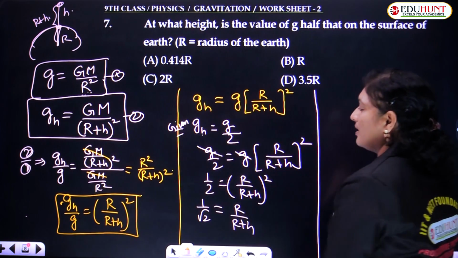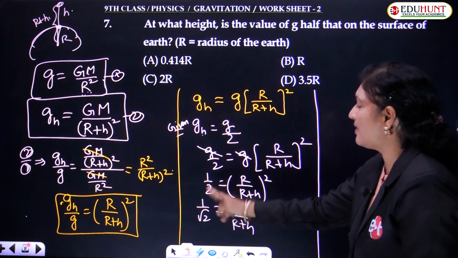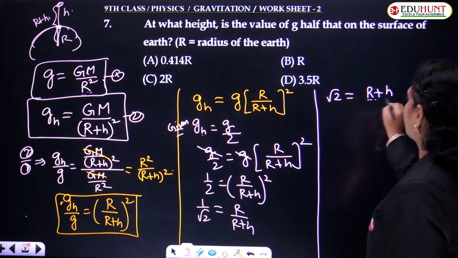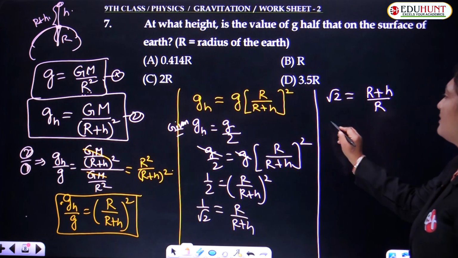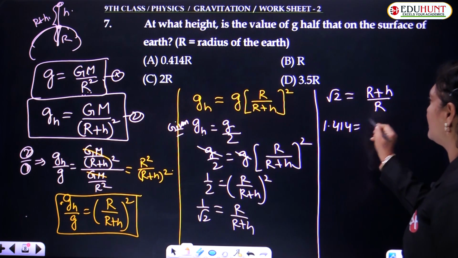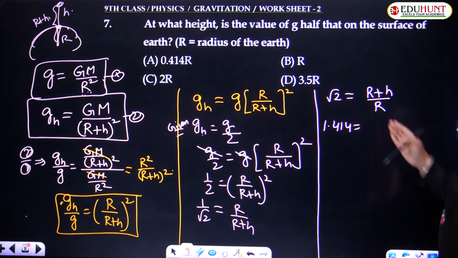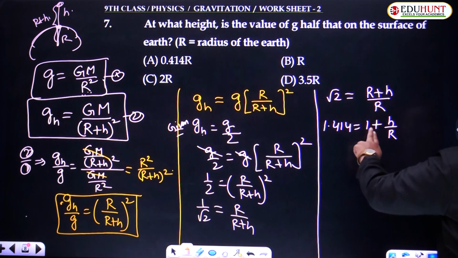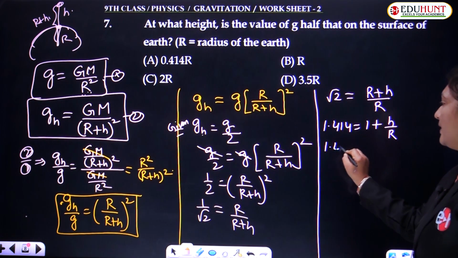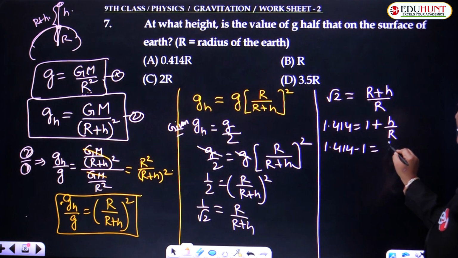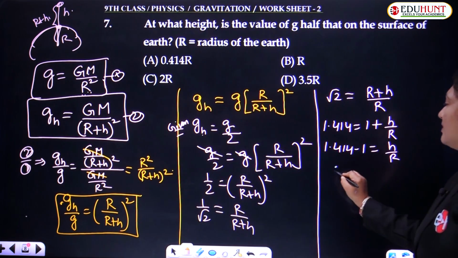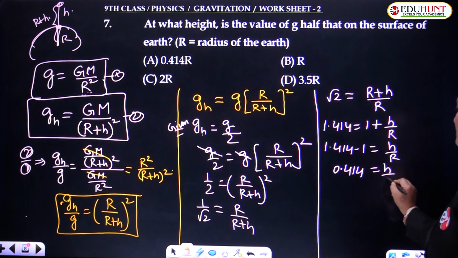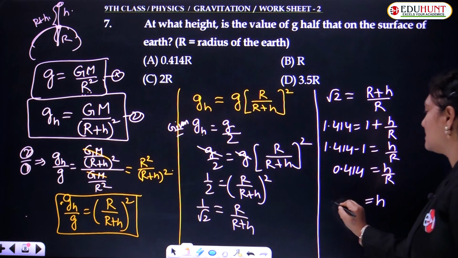Let us take the reciprocal of this, children. Taking the reciprocal, 1 by root 2 will become root 2 and R by R plus h will become R plus h by R. The value of root 2 is taken as 1.414, equals R is a common denominator for both, so R upon R will be 1 and this is h by R. Taking 1 to the other side, 1.414 minus 1 will be equal to h by R. 1.414 minus 1 is 0.414, equals h by R,